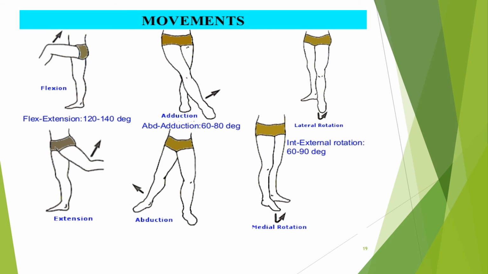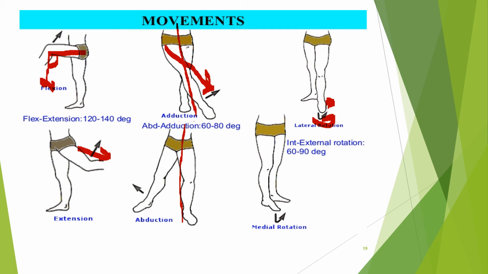See the diagram. So this is flexion. This is the abduction, and adduction is toward the midline, and this is the midline. Move to the midline. There is the lateral rotation: move the leg toward the lateral side. And this is the flexion: move the leg as far as possible. And this is the abduction.